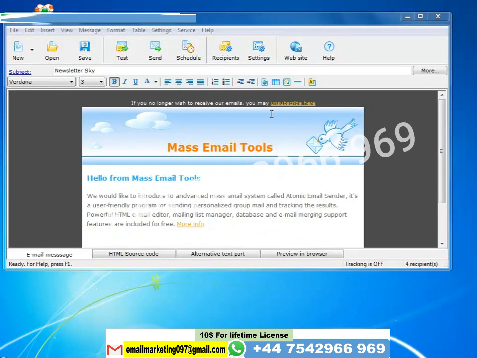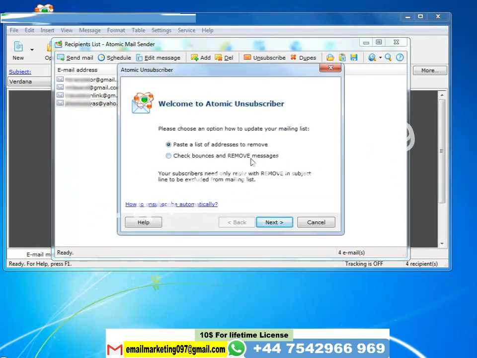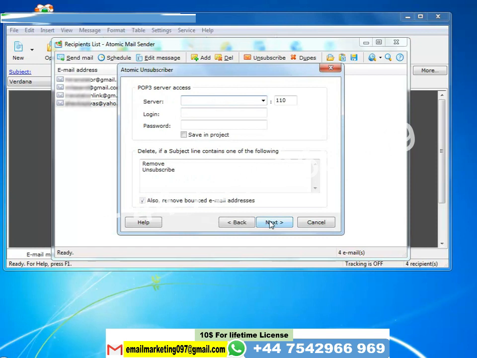And the last issue I want to cover, one of the ways to unsubscribe users from your mailing list. I click Recipients, Unsubscribe, and set up the program to check my email and remove all users that sent emails with Remove or Unsubscribe in the subject field. I can also remove bounced email messages, and I want to do that as well. You should